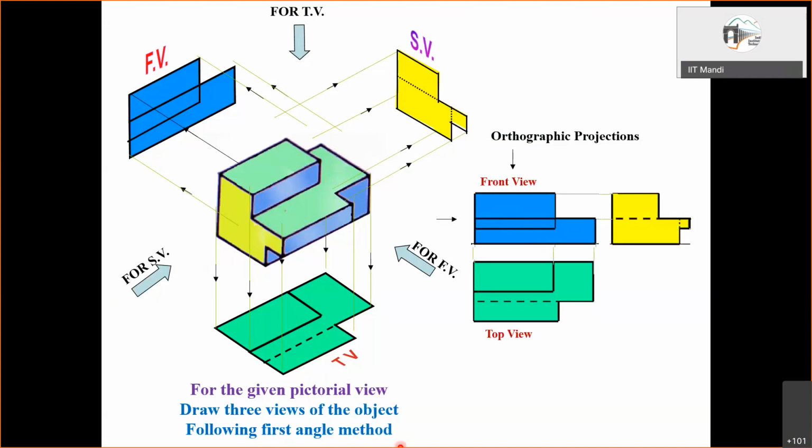Now here you see, whenever we come across such a situation, we have to draw the three views. For this example, the front view is fine, the top view is also fine, but for the side view, if we have a choice, then a right side view will be a better choice. You see this dashed line corresponding to this vertical edge. These things will become visible if we have the right side view. So drawing the right side view will be a better option.